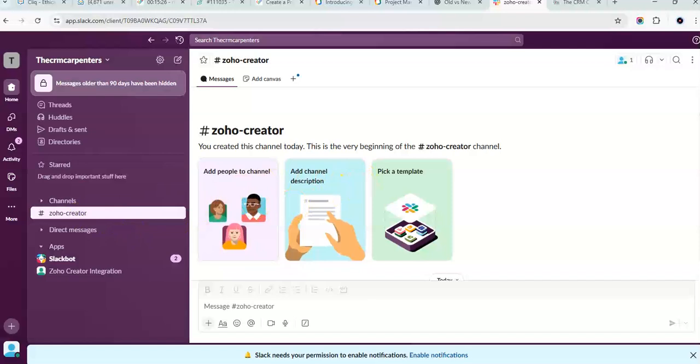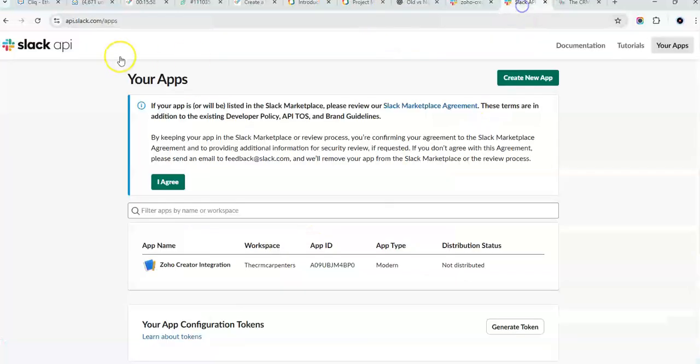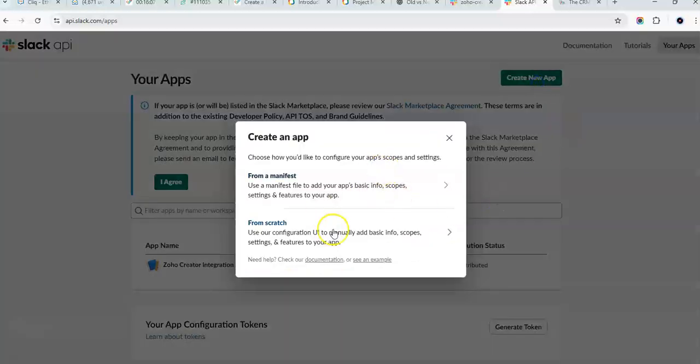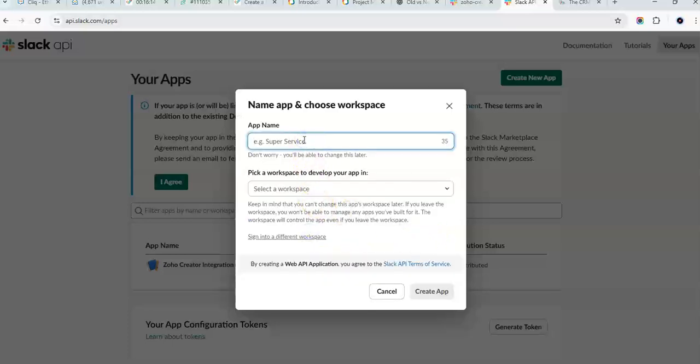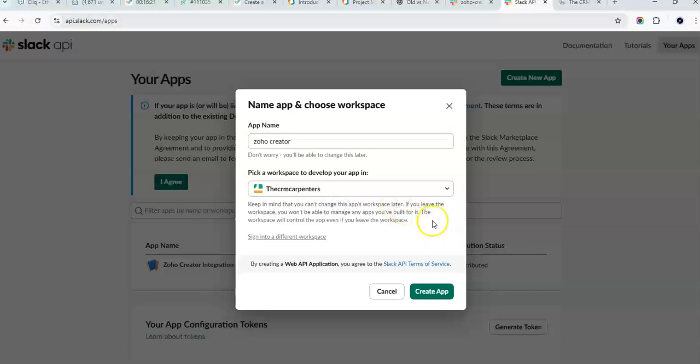So let's begin by creating your Slack application. To create, we will go to api.slack.com. In here we're going to create the app. I have already created one, but I will show you how to create from scratch. So we'll be creating an application in Slack from scratch. Let's name it Zoho Creator, and then select a workspace. So we have a workspace here, and we create this app,